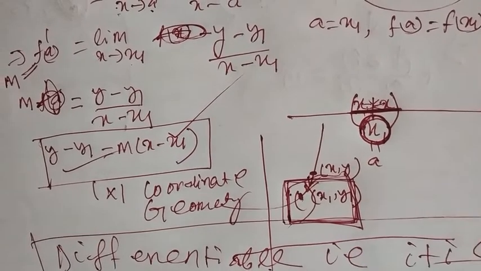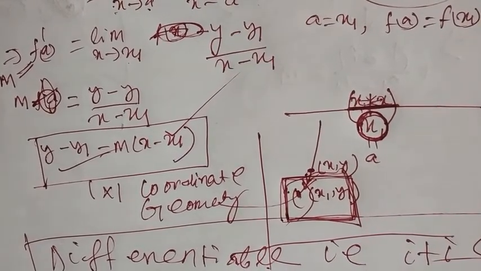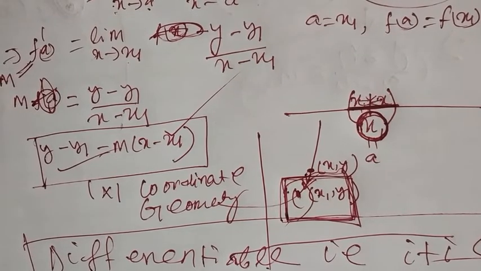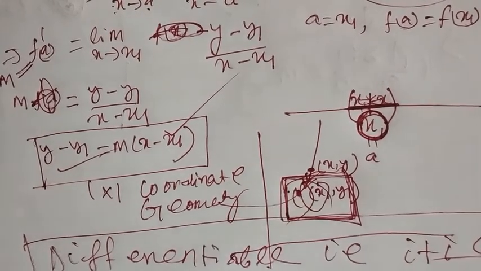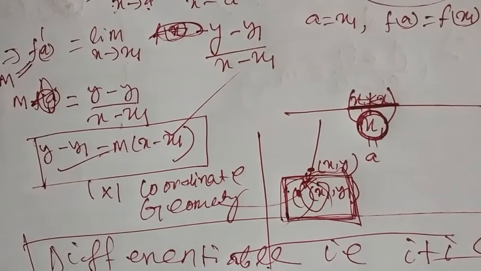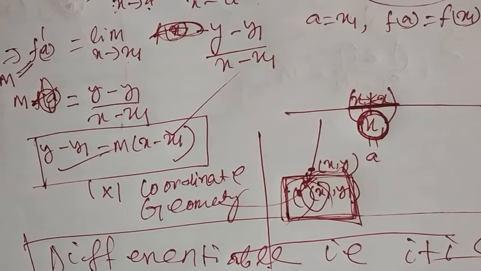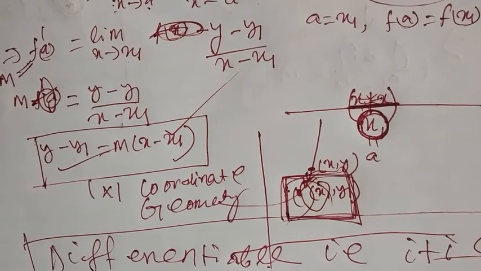All differentiable functions are locally linear. What is the meaning of locally linear? If I magnify the function's graph by taking some point as the center, I will find it will look like a straight line. Okay, so this beauty of mathematics or calculus is used to find or to define calculus as a